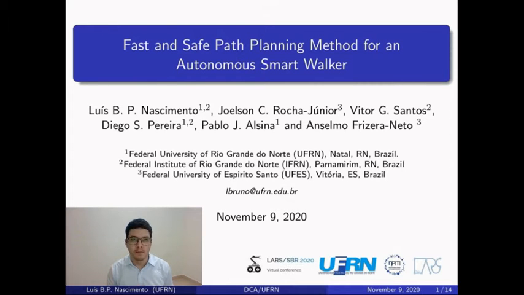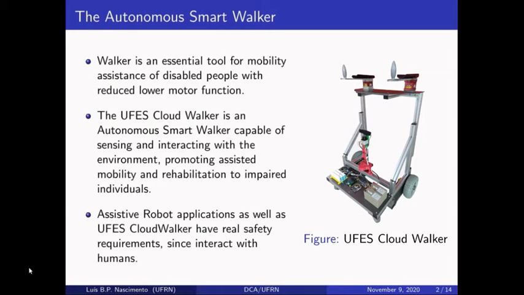A walker is an essential tool for mobility assistance of disabled people with reduced lower motor function. Smart walkers are more complete devices that include motion planning techniques to perform autonomous movement. As can be seen in this figure, we have the Youth's Cloud Walker. It is an autonomous smart walker capable of sensing and interacting with the environment, promoting assisted mobility and rehabilitation to